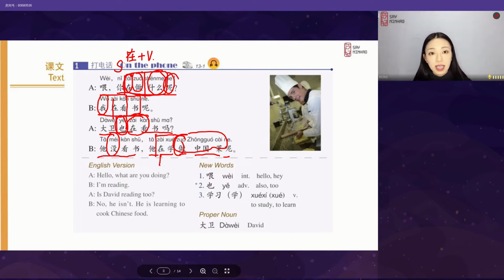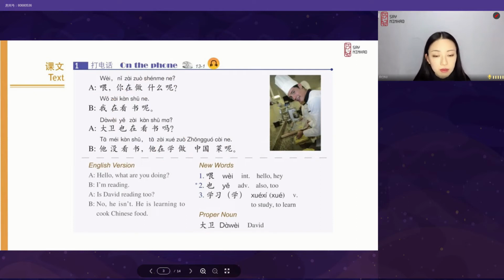Okay, so we can see in this text we are going to learn the 在 plus verb which indicates the action is in progress. Okay, now let's try to read this text from start. Read after me, please. 喂，你在做什么呢？我在看书呢。大卫也在看书吗？他没看书。他在学做中国菜呢。Okay, now let's try to read in rows. I will be A and you will be B, okay? 喂，你在做什么呢？大卫也在看书吗？